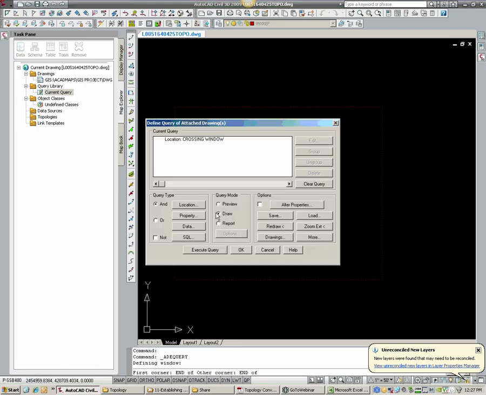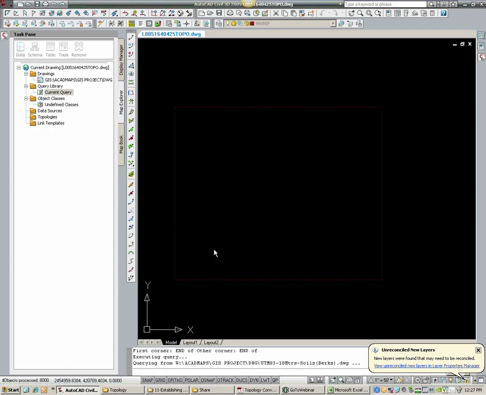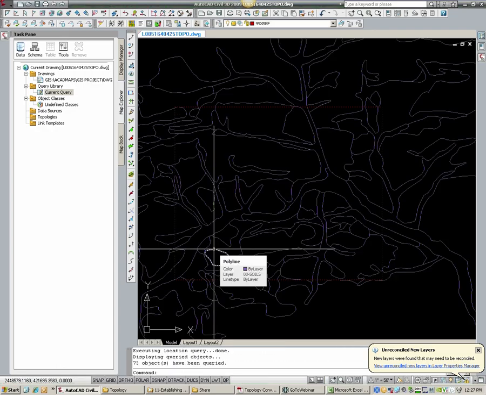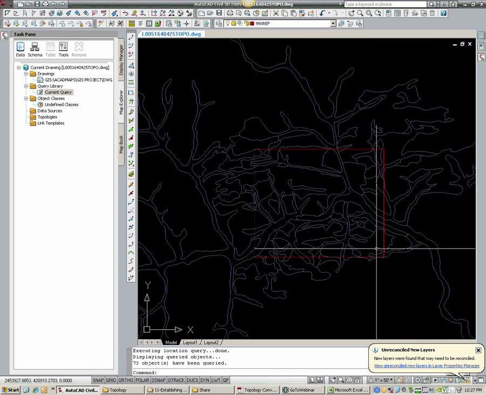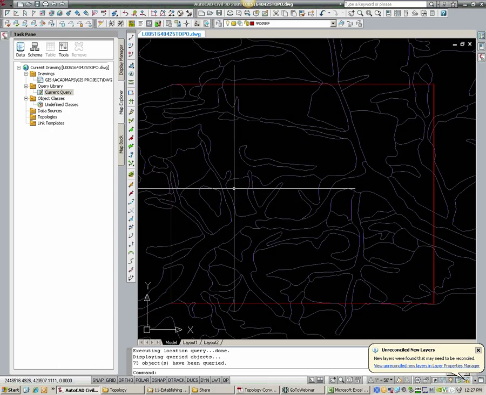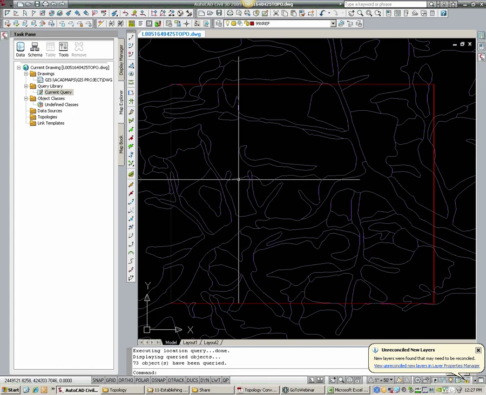And I'm going to hit the draw, not preview or report, draw. Hit execute query. And that's going to bring all the soils in that are inside or across this square. Okay? So the next thing I'm going to do is I want to